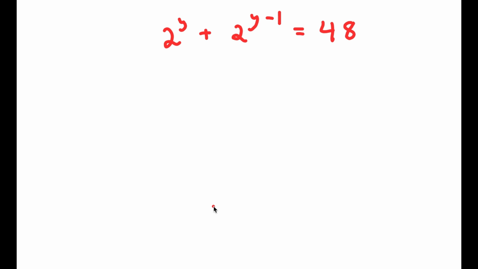Alright, so in this problem, I have 2 to the power of y plus 2 to the power of y minus 1 is equal to 48. So obviously, I want to find the value of y here. So for my solution,